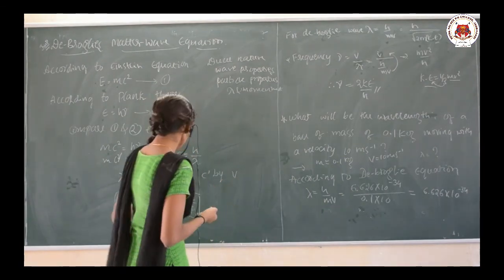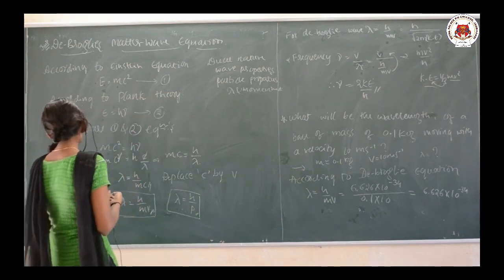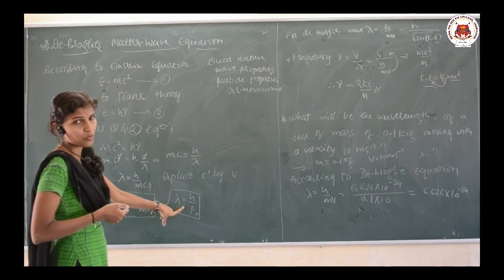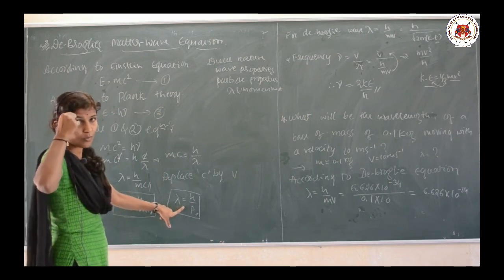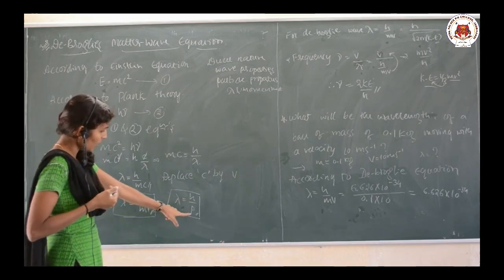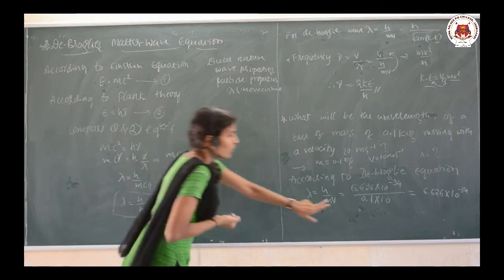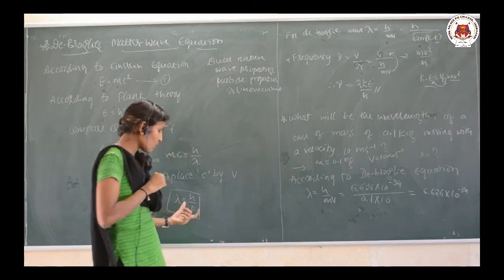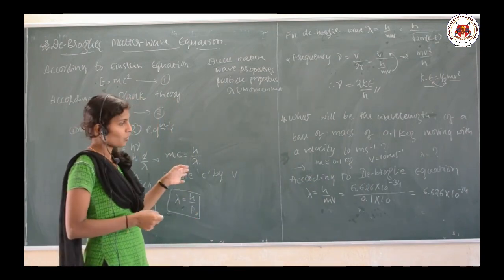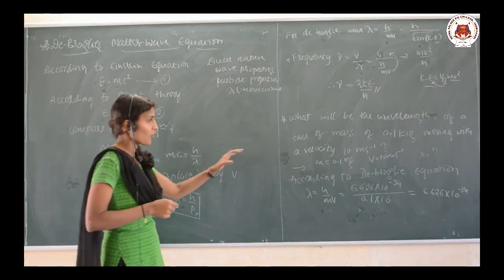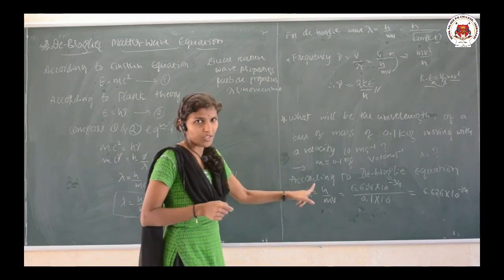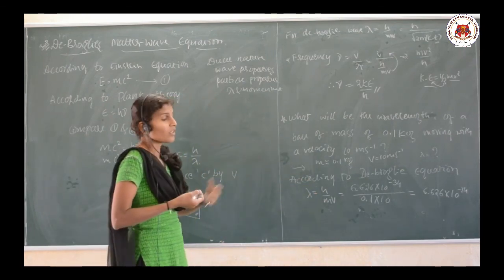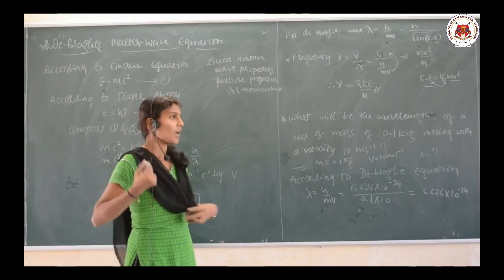Simple. Only this formula is used. Sometimes they are going to give you the momentum, so directly you do not need to calculate m and v, because they have given the p value directly, and you can substitute it and calculate. I hope it is clear, simple. Lambda is equal to h upon mv. We substituted the m and v values, the h value also, and we have simplified.